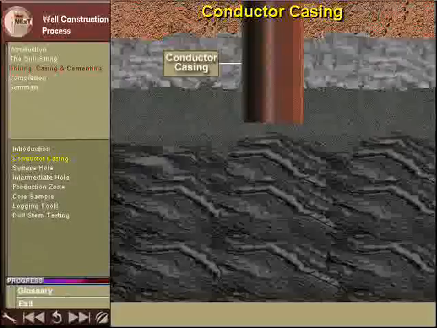The first stage in the well construction process is to drive the conductor casing, a large diameter pipe,